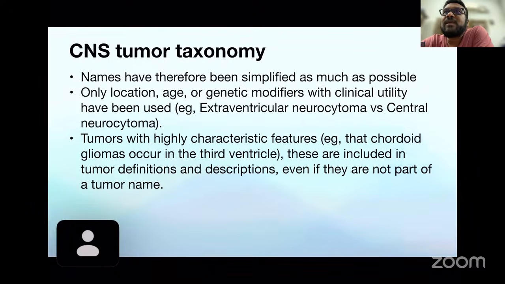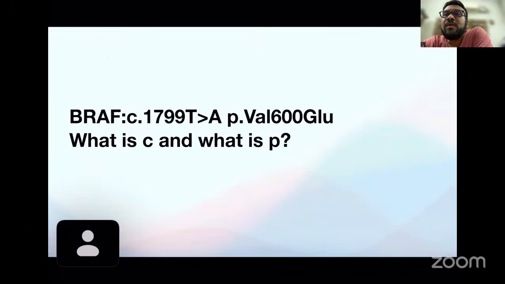For example, now we have extraventricular neurocytoma when compared to the earlier central neurocytoma. And tumors with highly characteristic features, for example, the chordoid glioma that occurs in the third ventricle, are included in tumor definitions and descriptions, even if it is not a part of the tumor name. So if you find a mutation like this, BRAF